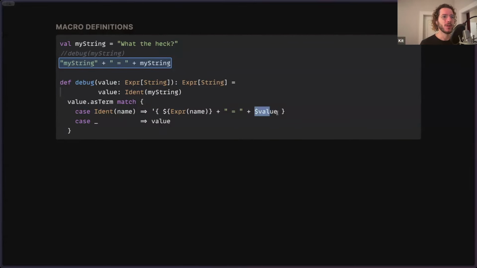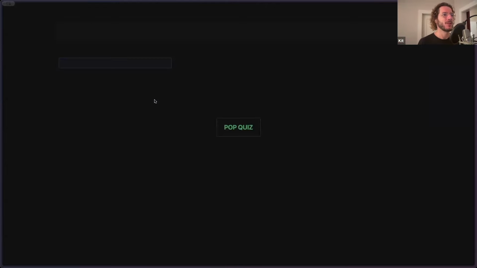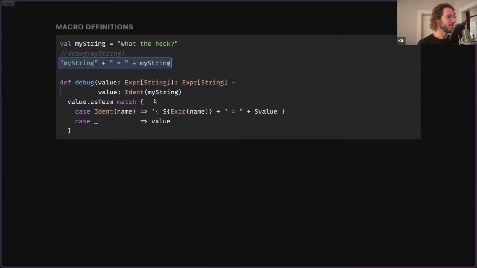So notice here we're also interpolating, we're splicing in this expr, which is basically taking that initial expr, that abstract syntax tree of ident my string, and putting it in this position. So it isn't doing string concatenation or string interpolation, it's doing abstract syntax tree interpolation. And explosions of the mind, I'm sure if you've never done this before, this is a little